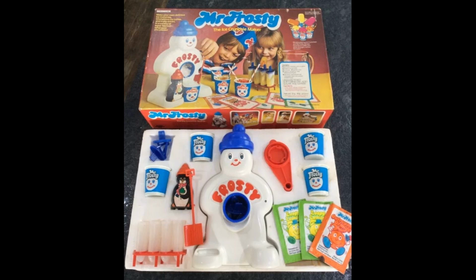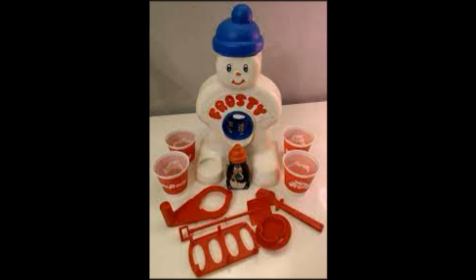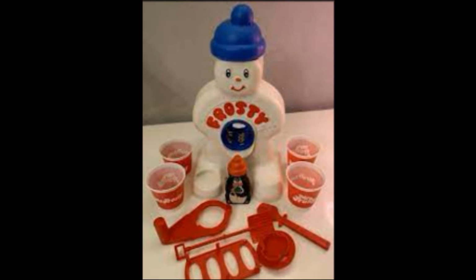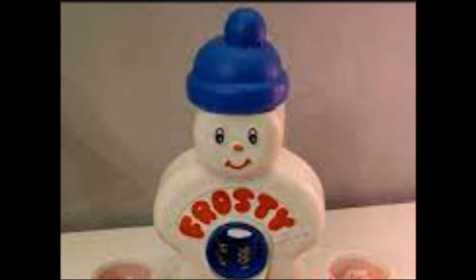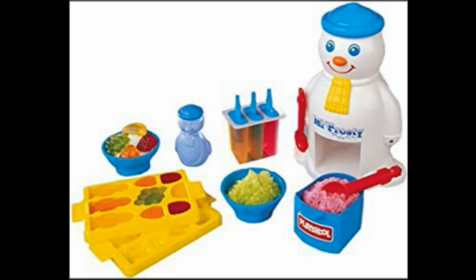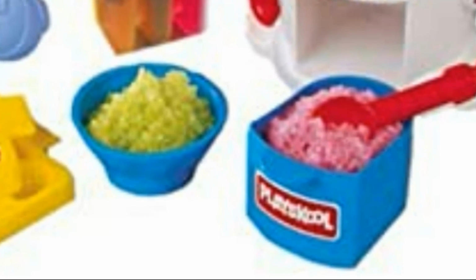Mr. Frosty. This was the greatest lie ever told to an 8-year-old. Mr. Frosty was a plastic snowman with a blue hat and a circle cut out of his tummy. It was supposed to be an ice cone maker. However, in the television advert,